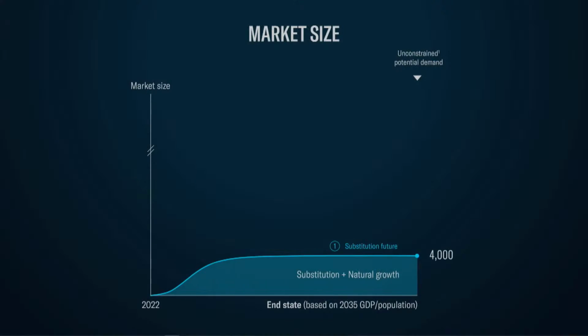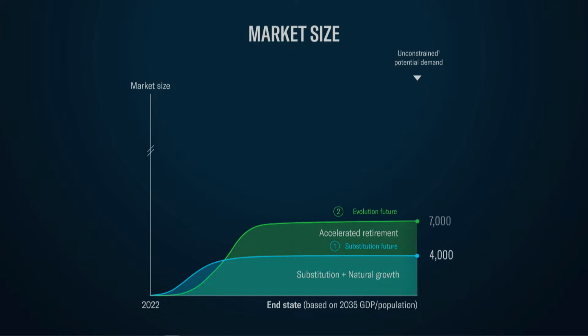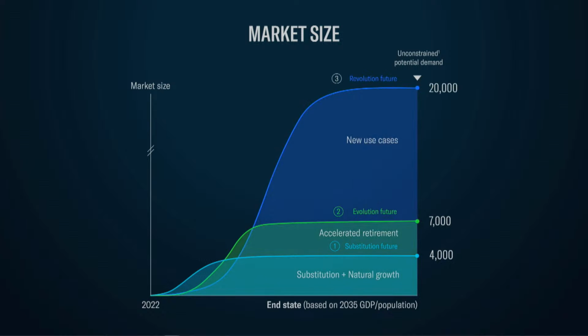So all this taken into consideration, what we have done is estimated the unconstrained potential demand for this aircraft between now and 2035. And we have come up with 3 different scenarios. The first one we called substitution, and we have estimated about 4,000 aircraft delivered up to 2035. Again, it's unconstrained demand. We are not considering here the limitations of production ramp-up. But in this scenario, what we are considering is the simple replacement of part of the fleet plus some natural growth